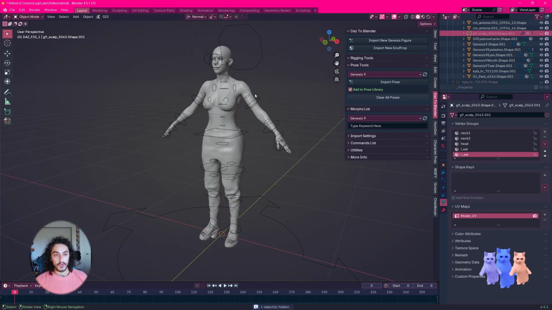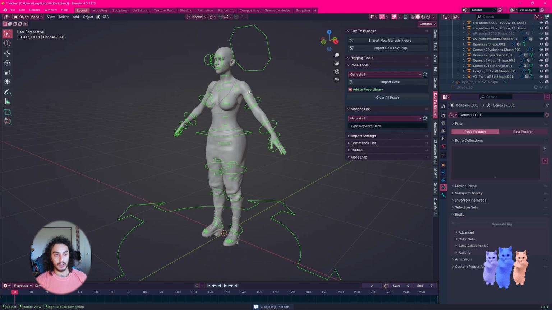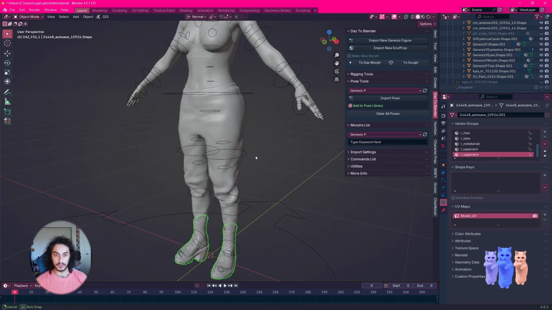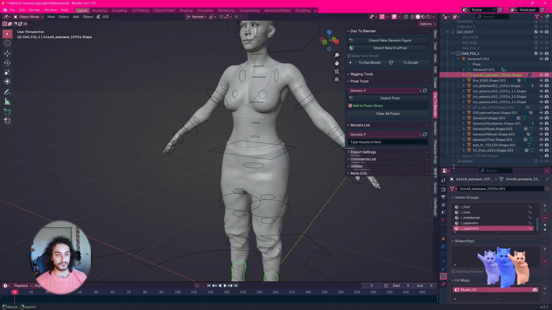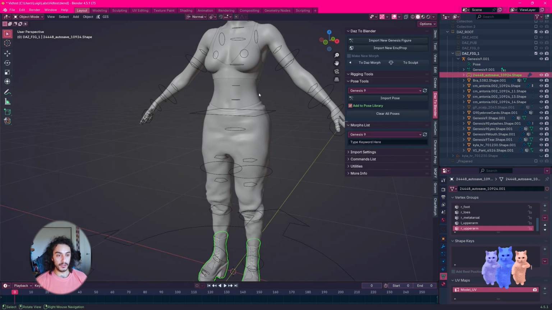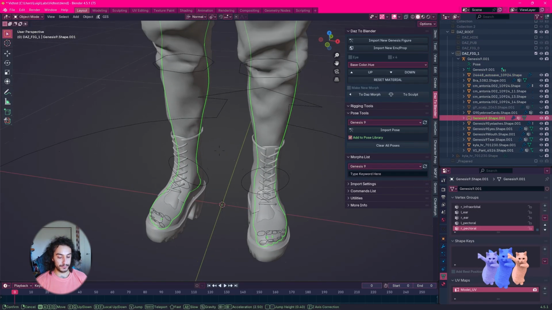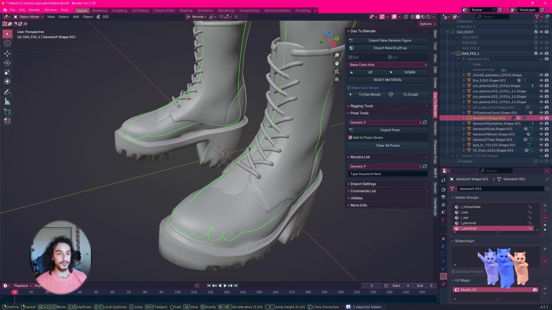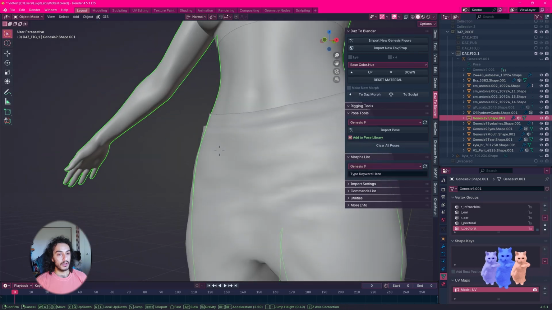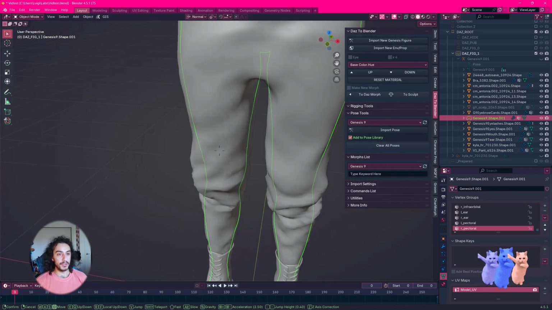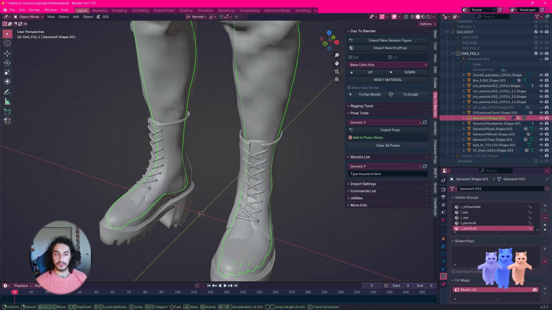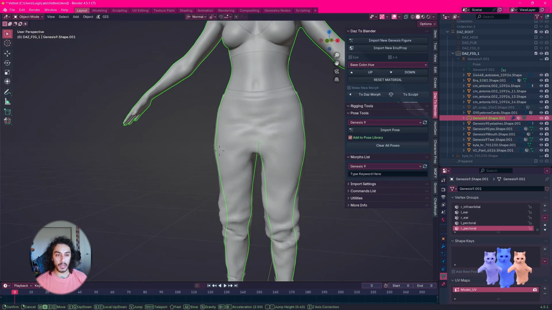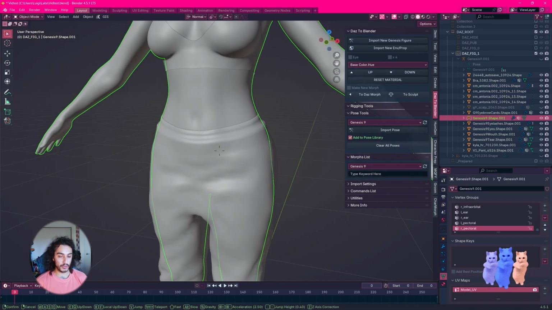So I have the rig, the body, the clothes, and the boots. Looking good so far. So I can already see that I have a little bit of inner penetration right here between the body and the boots. Everything else is looking good, but for some reason Daz doesn't auto hide the body mesh underneath any fitted clothing, so we're going to do that ourselves